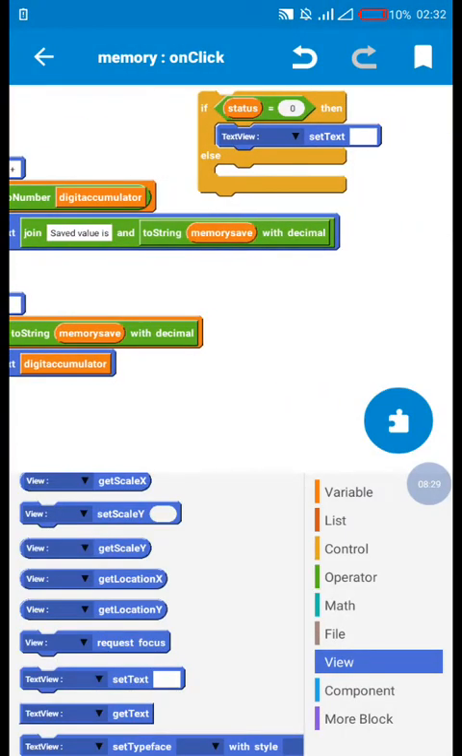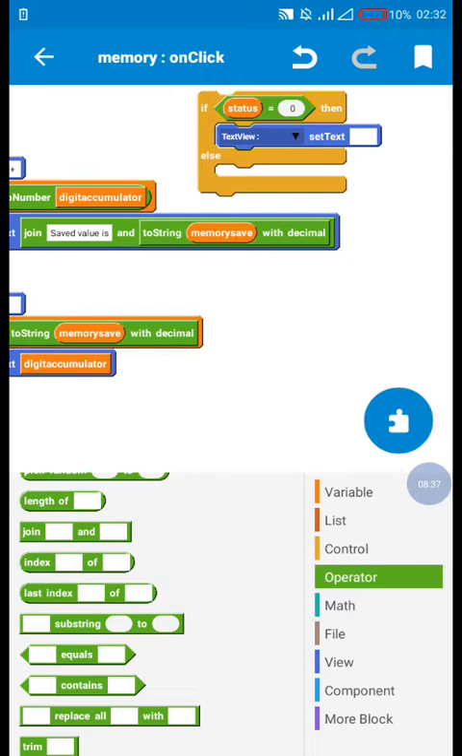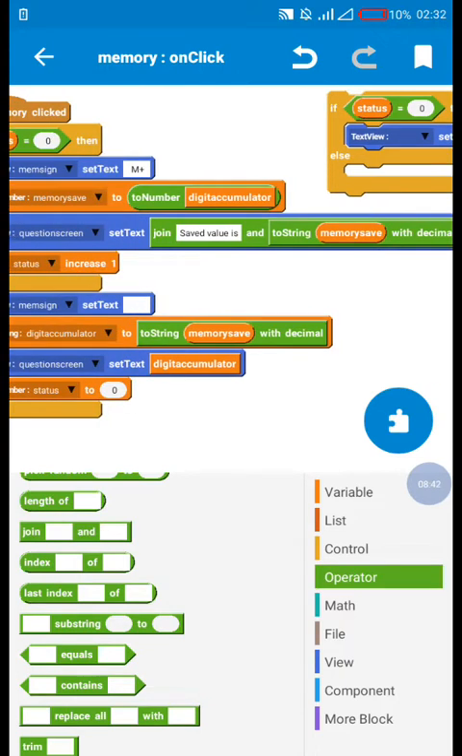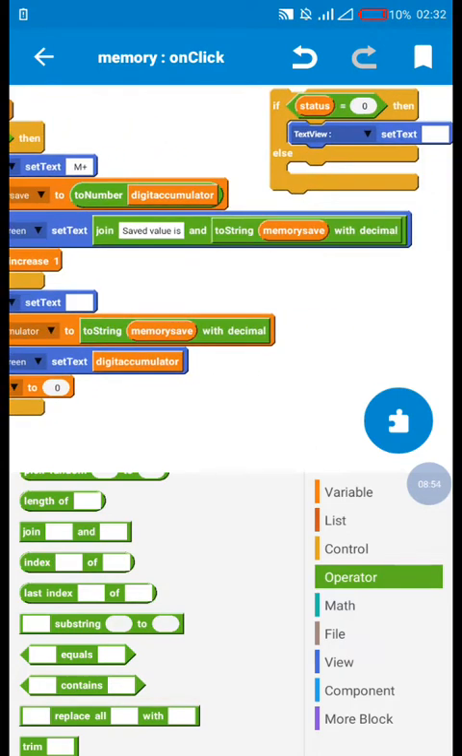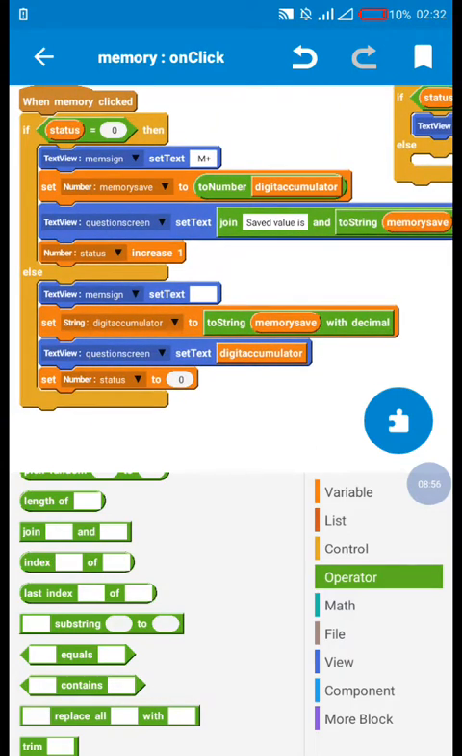Then we convert the memory value to a string using the operator to string, and then add the memory save. So what this does is that it just takes what's in the memory and displays it for the user to see, so that the calculator won't be saving something else from what the user intends. And after this is done,